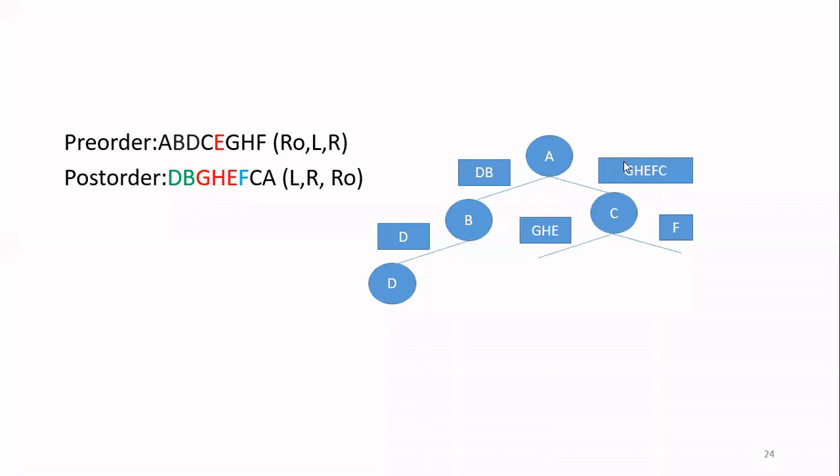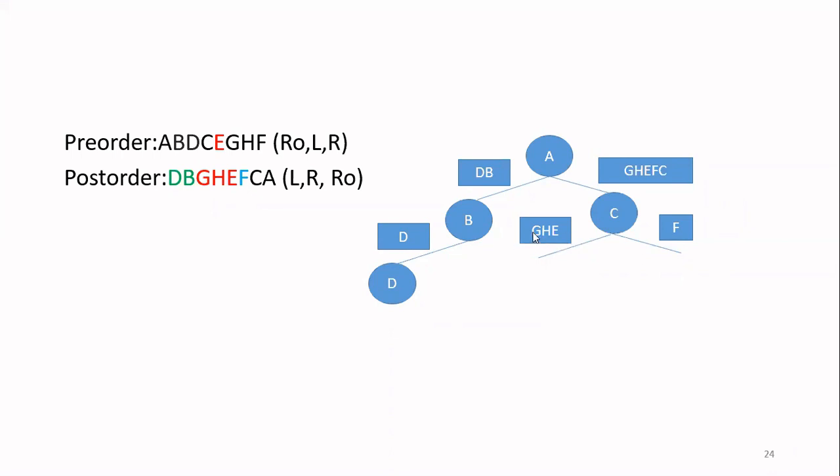Either you can see this list and write the remaining, or otherwise the procedure is: you have identified E as a successor. So here, after E, whichever comes before this root, that is nothing but this C, that will be the right child. Here after E, before the root C, I have only node F. So node F will be the right child. Now in this part, we have only one node, so this process will be over. That will be the node you write here.